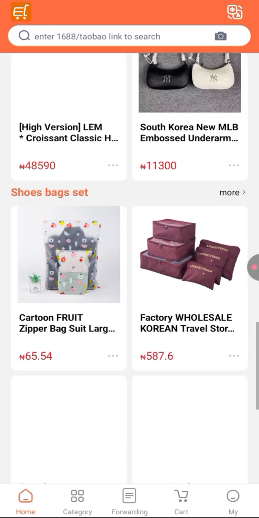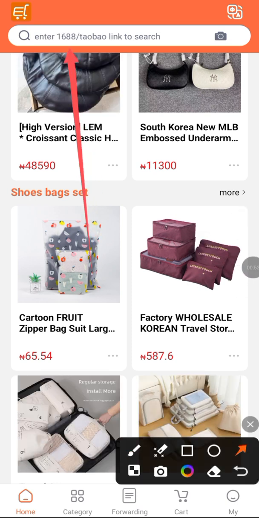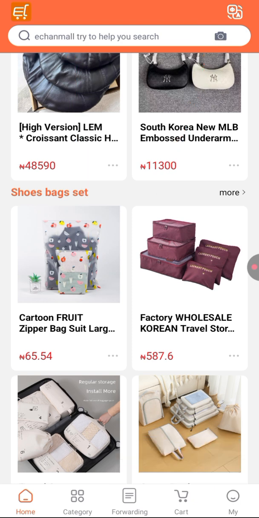If you already have your 1688 link, you can bring it to this search bar and place whatever product you want. This particular place is the picture section. So now, what we are here for in this class is